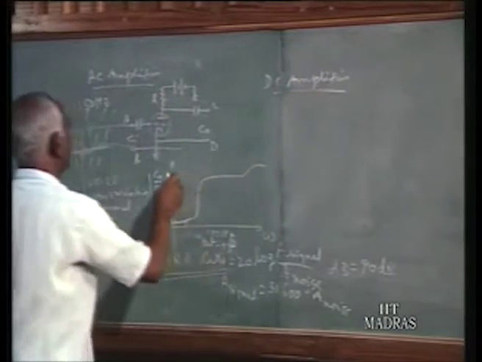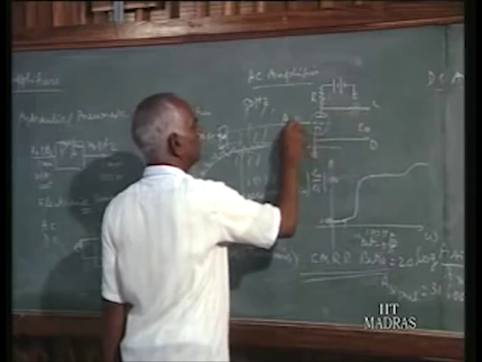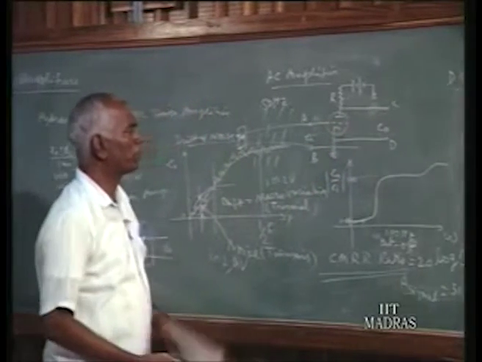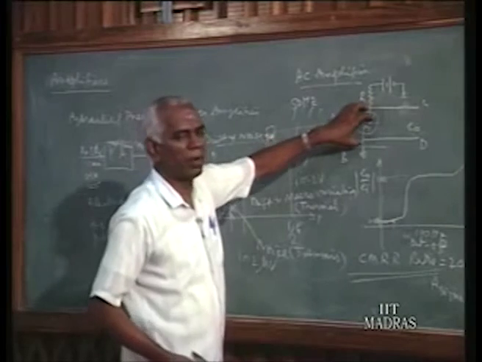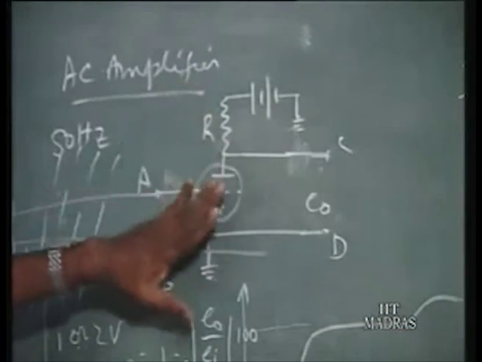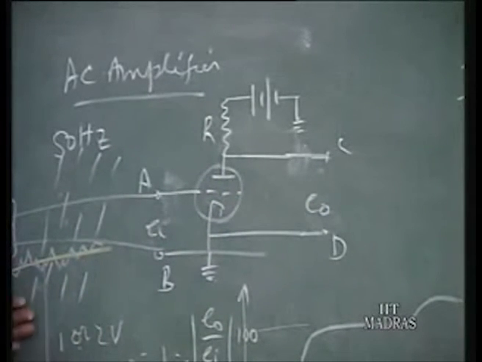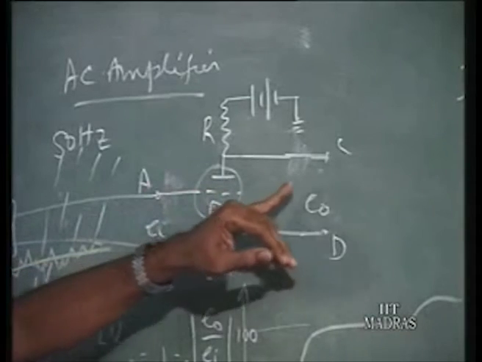The DC amplifier, as I told, is the same circuit without the capacitor. If you remove the capacitor, it can be used for DC. But the problem with the DC amplifier is that it will have a drift problem. As soon as we switch on, the electrons will be flowing due to thermal phenomena, and you will have the output as we have explained. And that means after some time you have to balance it and bring it to 0.